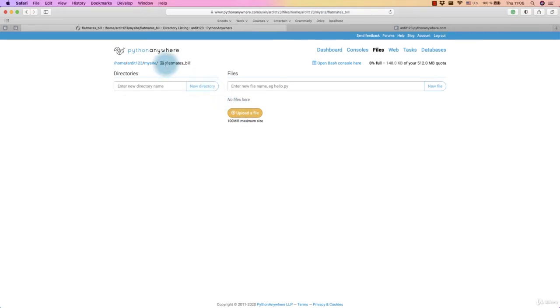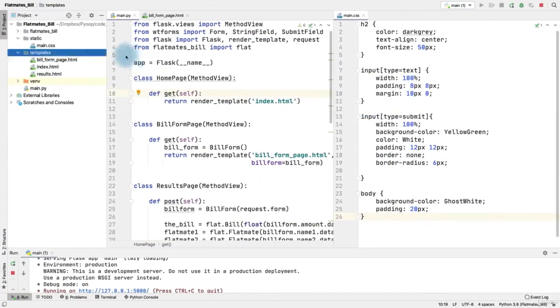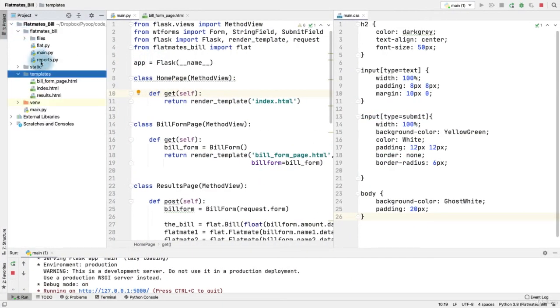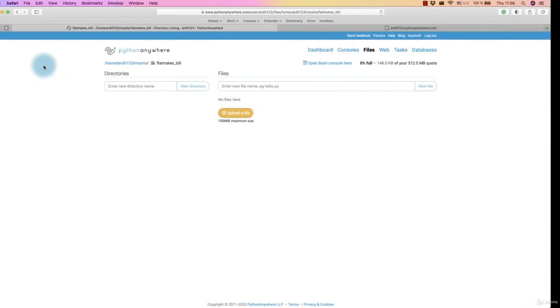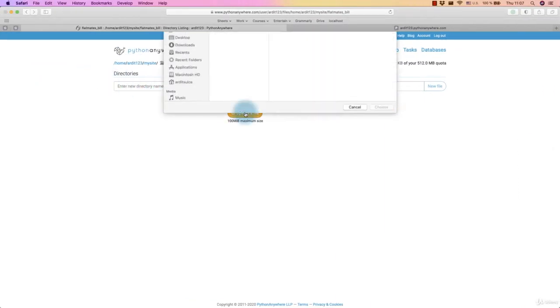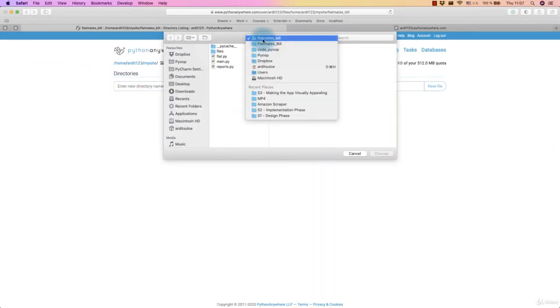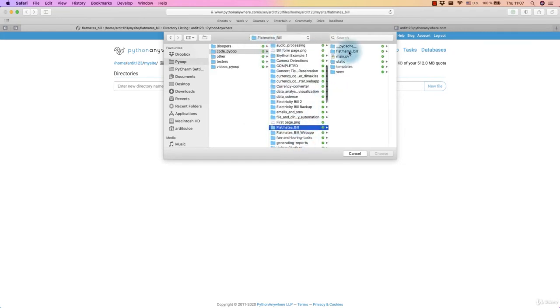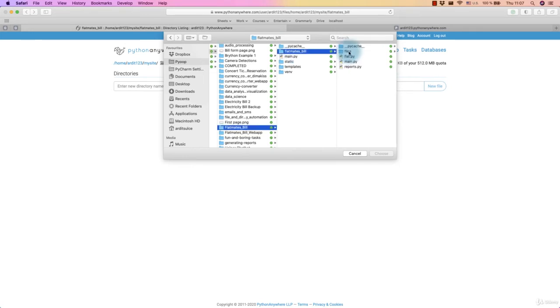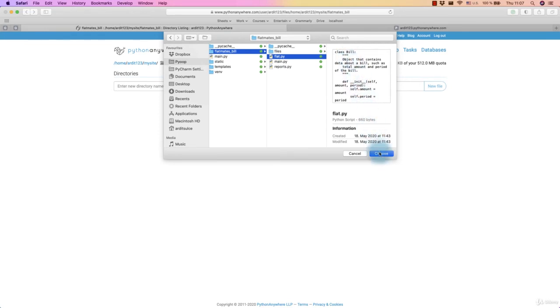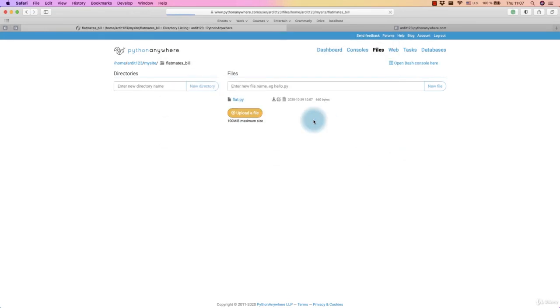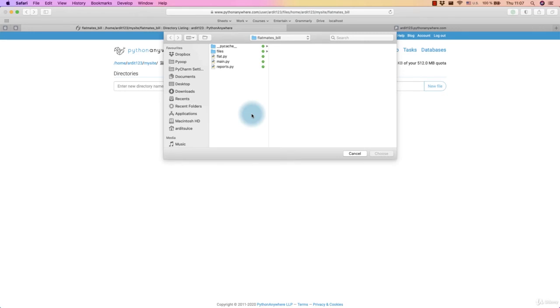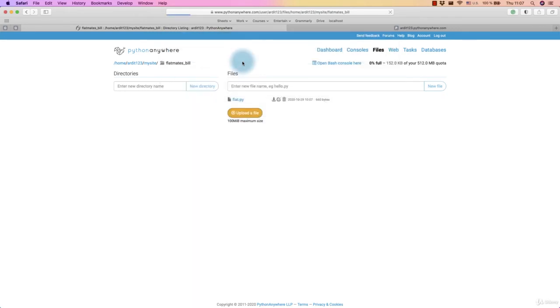Now we are inside flatmates bill. We want to upload the files that we have inside flatmates bill. So these ones in here. Go to upload a file, and then you need to locate your project folder, so flatmates bill, and go to the flatmates bill folder and start uploading the files. Flat.py, then main.py,